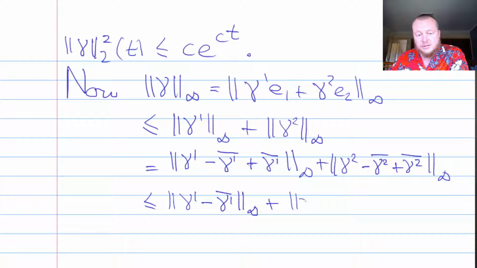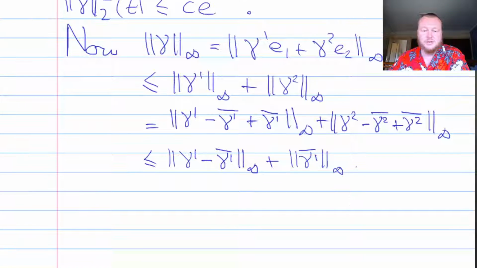And the second thing, it's kind of funny to write it down because this is just a number. It's an integral, but it's not a function. I mean, you're taking the supremum of a number. So this is funny to write down, but I'm going to fix it up in a second. And then I think I'll use the next line for this one. It's exactly the same happening for the second coordinate. I am going to differentiate this soon,